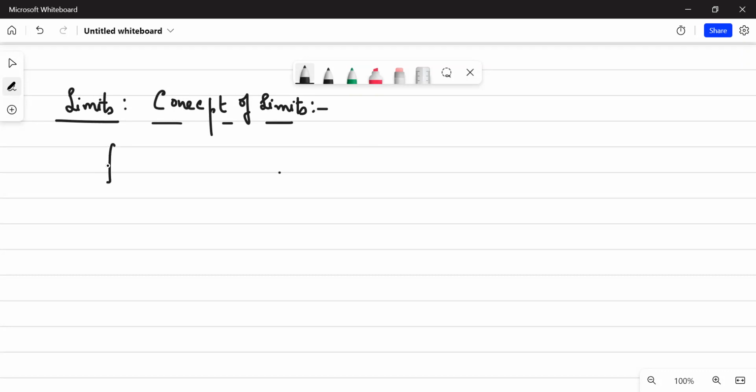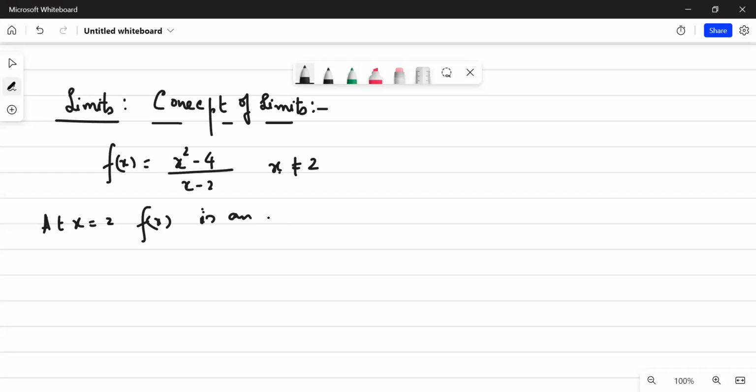For example, you are given a function f(x) equals (x square minus 4) upon (x minus 2). And you can clearly see that at x equal to 2, f(x) is indeterminate. Why is it indeterminate? Because it attains a... okay. So we are starting with the concept of limits, and let us say that your function is defined as x square minus 4 upon x minus 2,